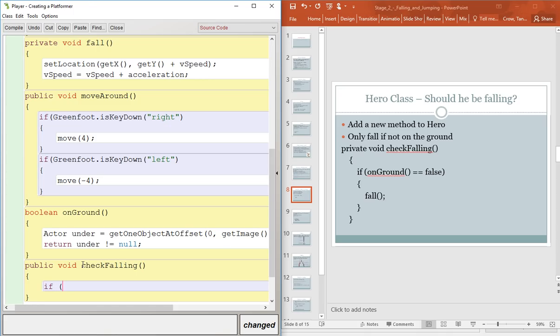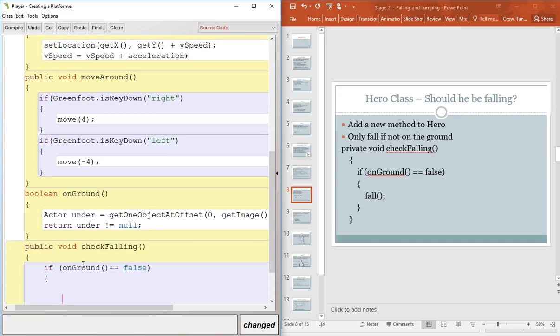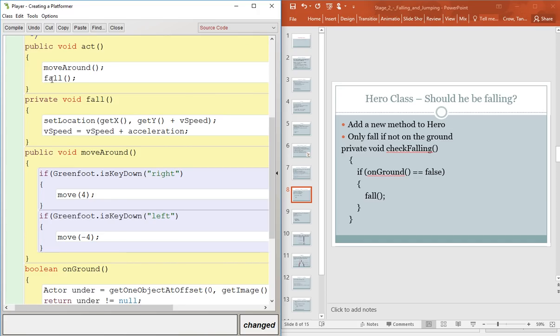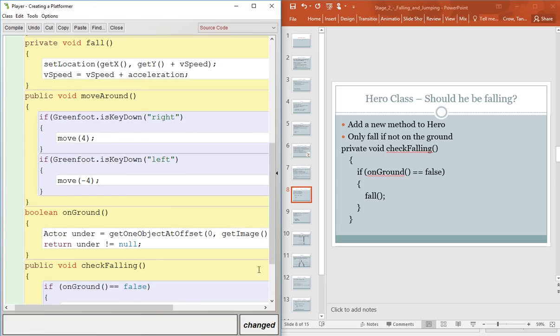If this Boolean that we just created, if on ground equals false, checking if it's equal to false, we're going to do our fall command. Now, it wanted us to actually check if the fall command worked. So now that we have it in this check falling,